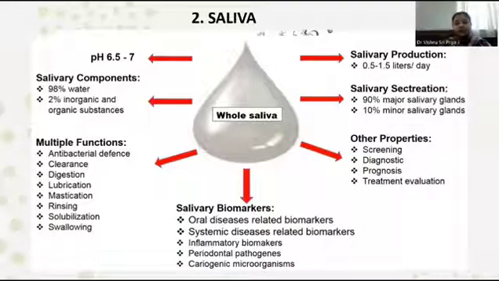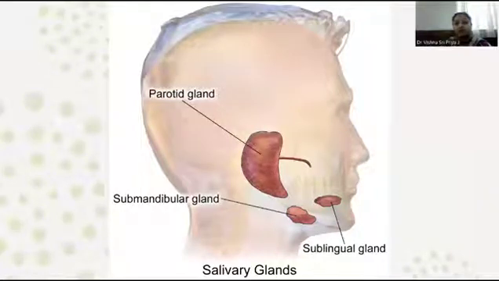Salivary biomarker usage is there in your oral disease-related, systemic disease, inflammatory biomarkers, periodontal pathogens, as well as cariogenic microorganisms. Other properties of your saliva usage is screening, diagnostic, prognosis, and treatment evaluation. In this way, saliva plays an important role as a defense mechanism of gingiva. Kindling your basics, the source of saliva includes 3 main salivary glands, which are parotid gland, submandibular gland, and the